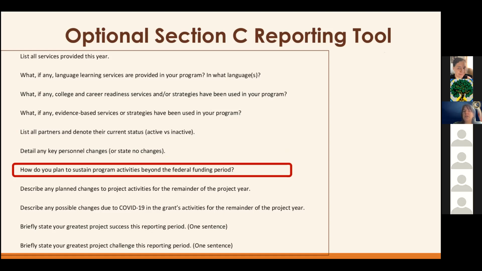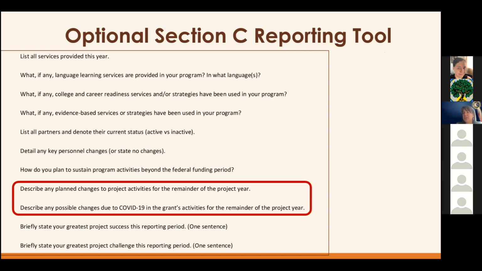Include some information here about any plans that you may have for sustaining these program activities beyond the federal funding period. So if you're making plans now to sustain some of these activities and services beyond the end of this particular grant funding, tell us about that here.